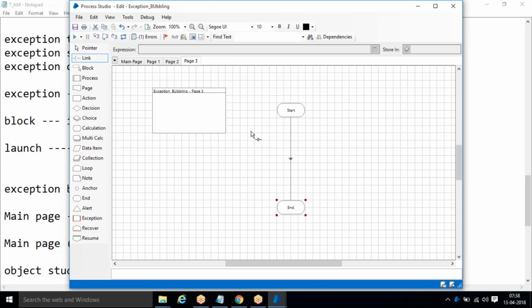In page 2 we have an error. Just use a calculation and don't give anything. It means nothing but error, because we are not defining anything in a calculation. In page 1, again use your calculation, give the link,